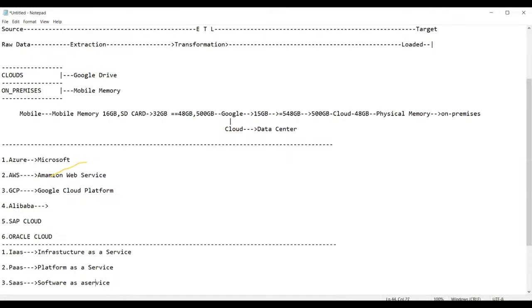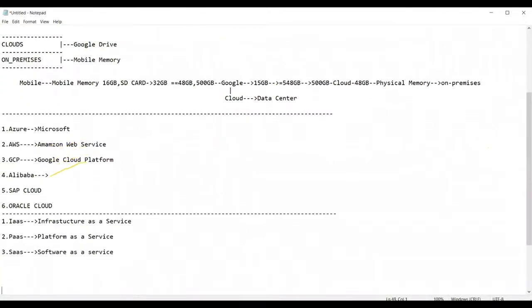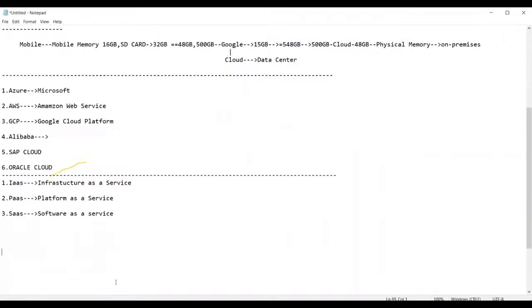Software as a service. Guys, these are the three different services provided by the cloud providers. That means IaaS, PaaS, and SaaS. These are the three categories of services provided by the cloud providers. Getting my point? So now the entire cloud service is classified or built according to these categories: IaaS, PaaS, and SaaS. Infrastructure as a service means what, guys?